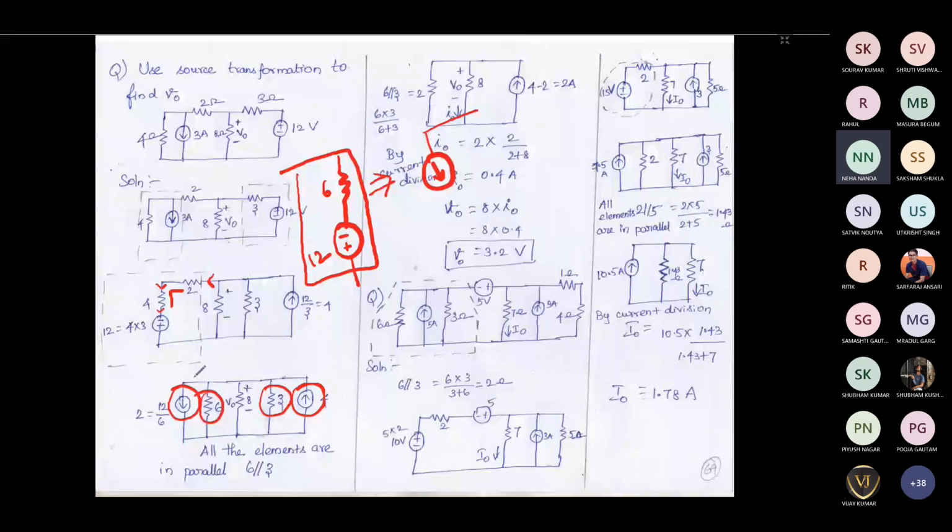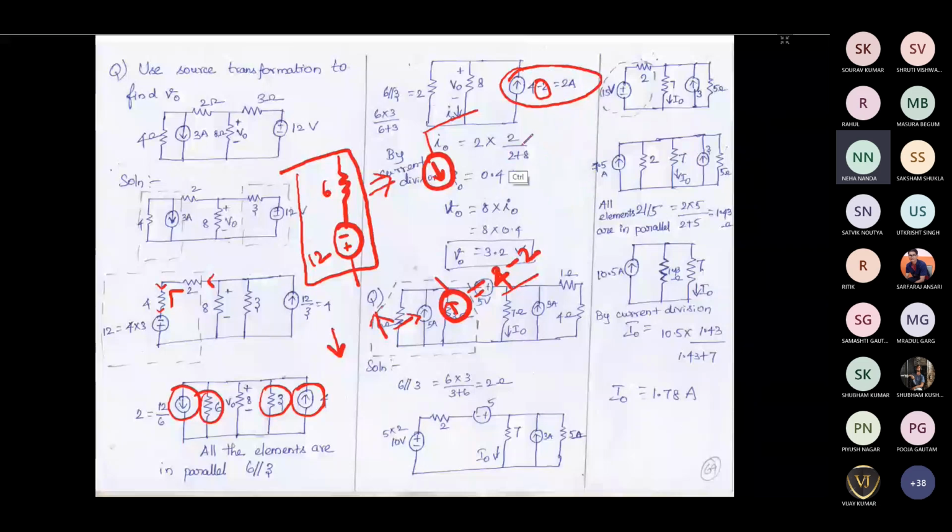If I make it like this, the 2 ampere current source is from top to bottom, and the 4 ampere current source is from bottom to top. So if you want to represent it like this, the overall current source will be in this direction, and this will be given by 4 minus 2. Why have we considered minus 2? Because the actual current direction of the 2 ampere source is downward, while the 4 ampere source is in the upward direction. So we are subtracting 4 minus 2, that is coming as 2 ampere current.